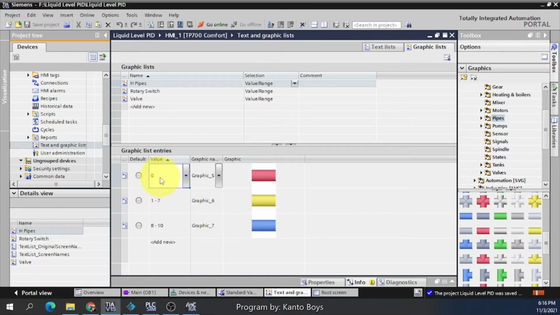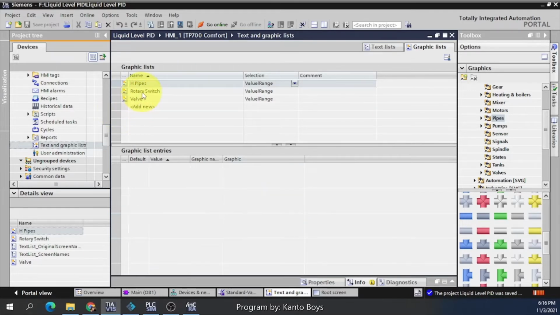So I change the value. For 0, meaning the valve is closed. If the valve is open between 1 and 7, the color of the pipe is yellow. If the valve is open 8 to 10, the color of the pipe is blue.